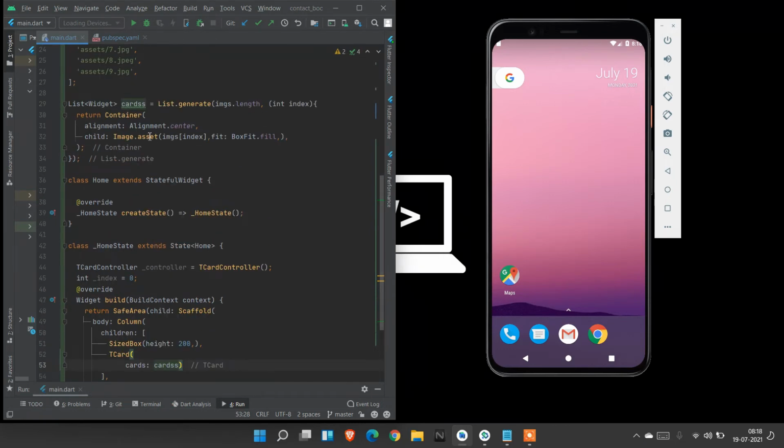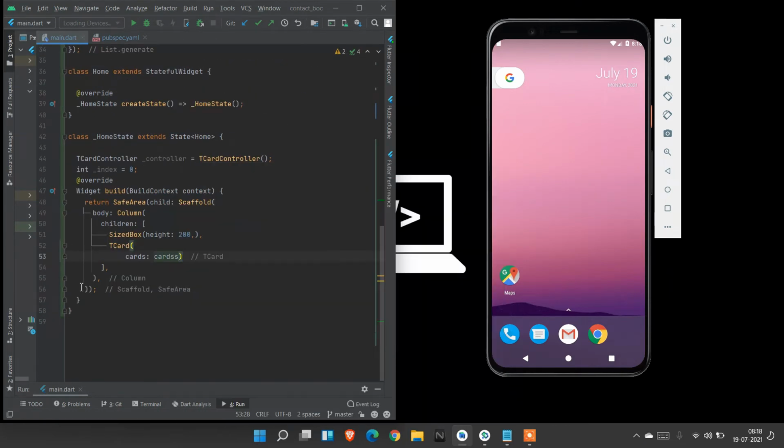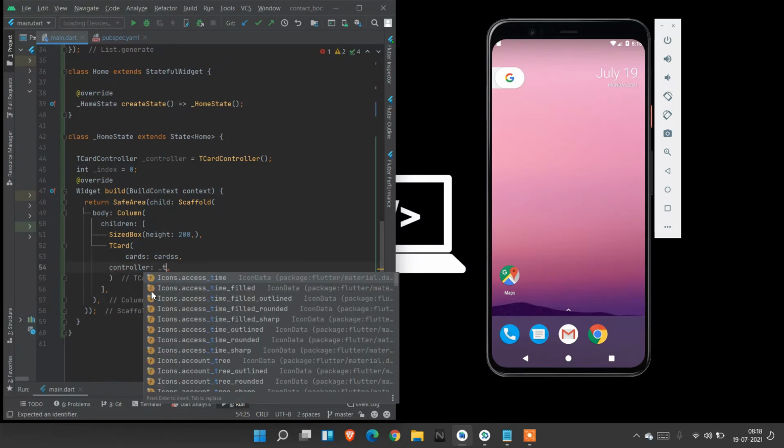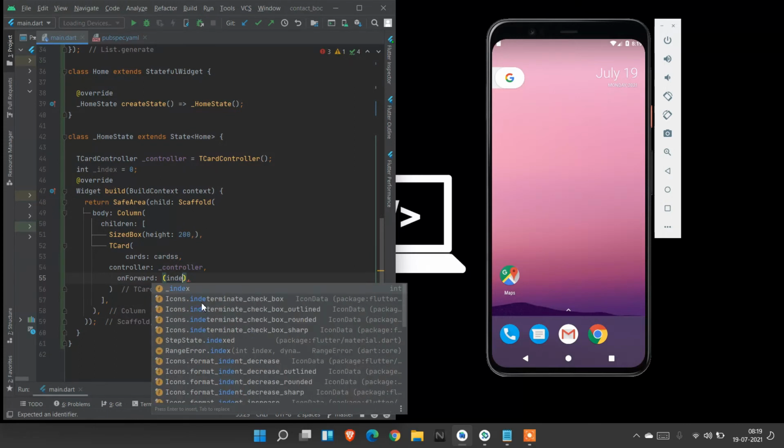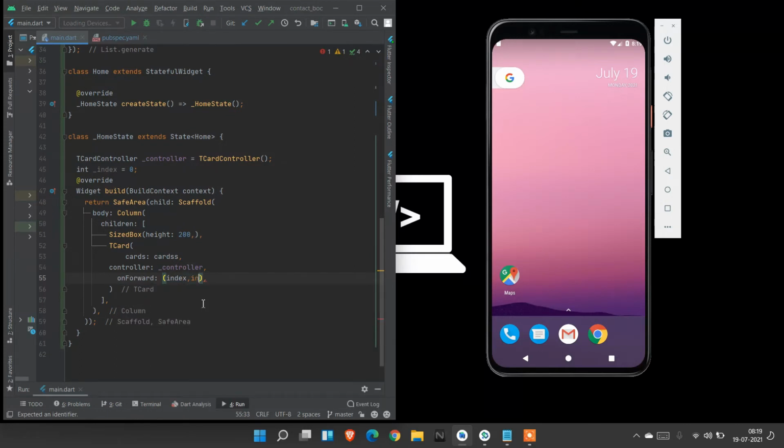The list name is cards, and I place a controller inside it. The controller is TCardController, and I'm going to create an onForward method, index comma info.